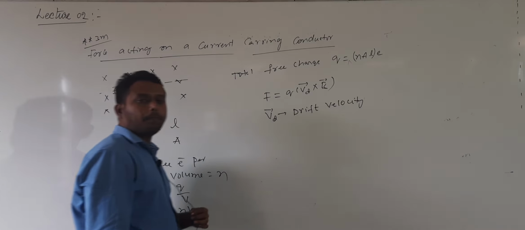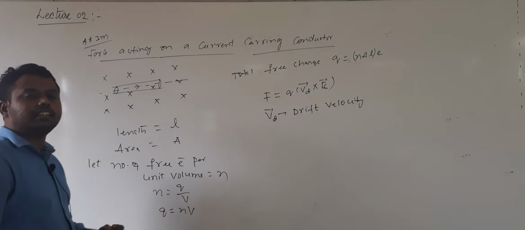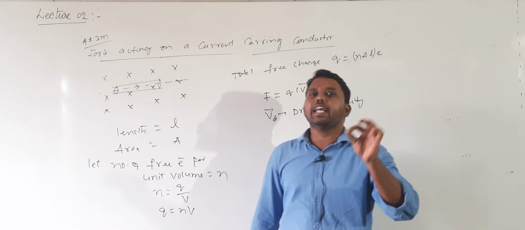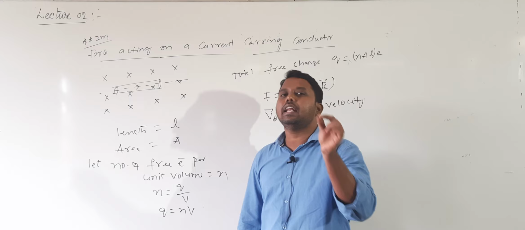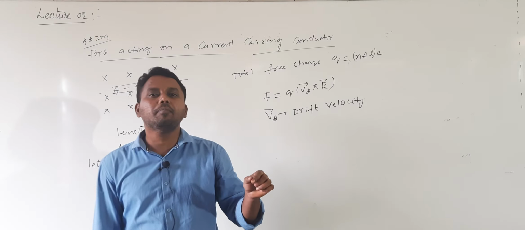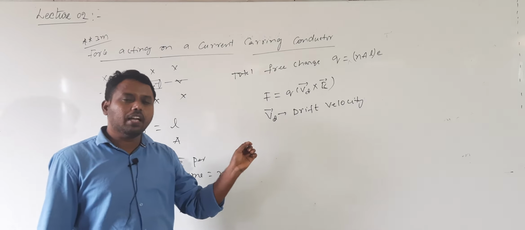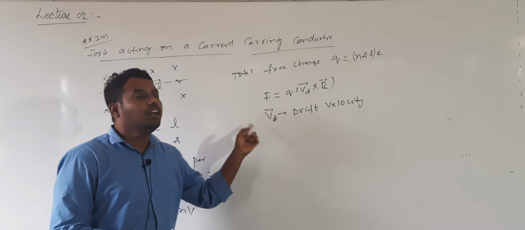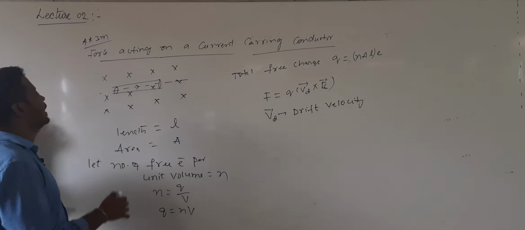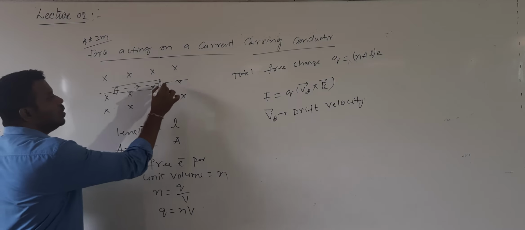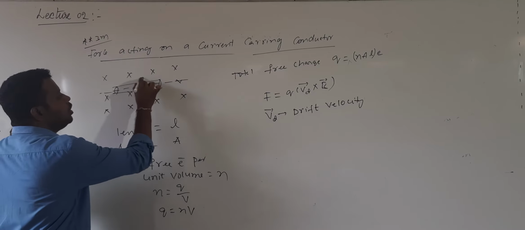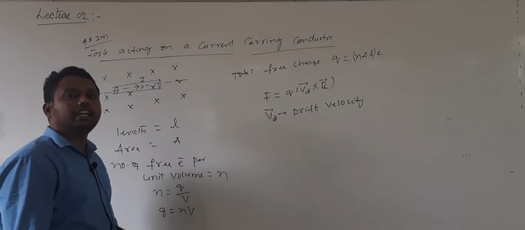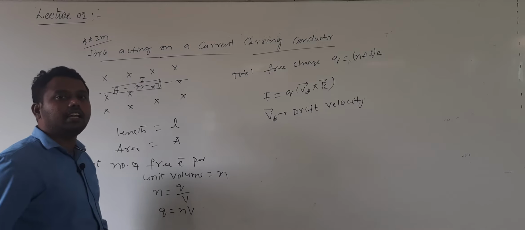What is drift velocity in the current electricity chapter? The average velocity with which electrons drift in a direction opposite to the applied electric field. But for electrons to drift, an electric field needs to be applied. Understood? Here we already discussed it: inside the conductor current is passing. What is the source for the current to pass? That is not necessary. I consider only a current carrying conductor placed in an external electric field.